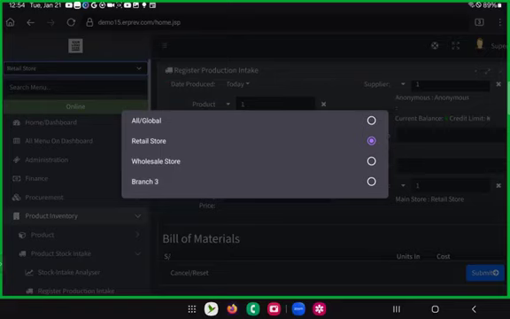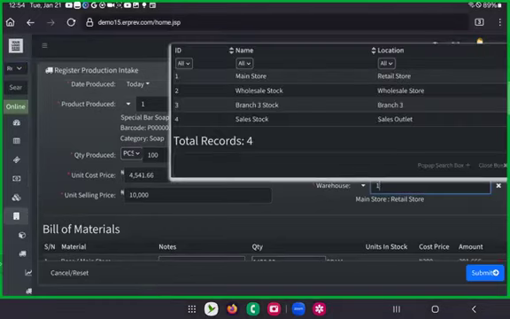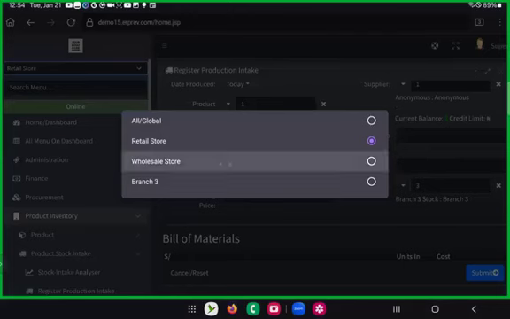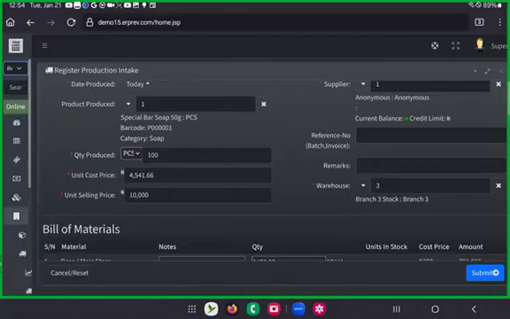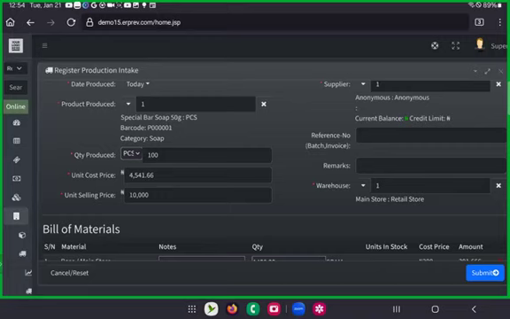If I stay in retail store and tell the system that this item was produced in, say, branch 3, the system would throw an error. It won't respond. I will need to switch into that office location by simply clicking here and selecting that particular office location. But we are not going to do that in this particular demonstration. So I'll select this one,